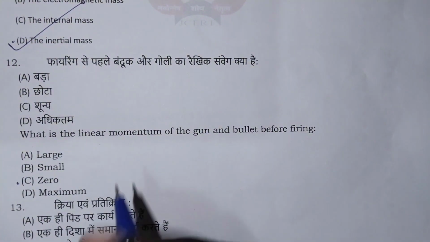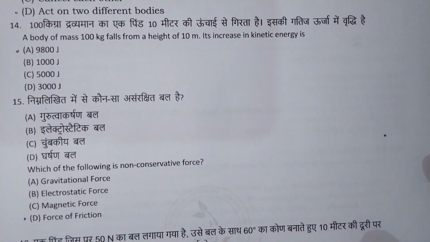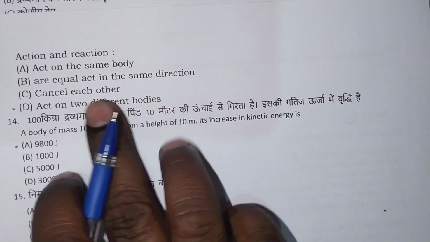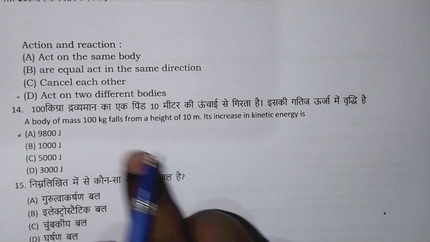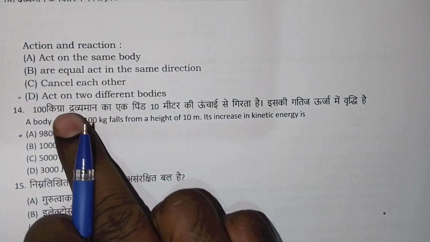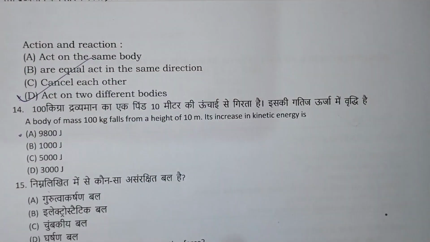Large, small, 0, maximum, 0। Action and reaction act on the same body, are equal, act in the same direction, cancel each other, act on two different bodies, act on two different bodies।